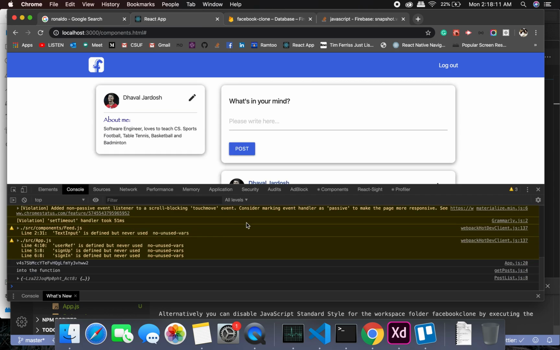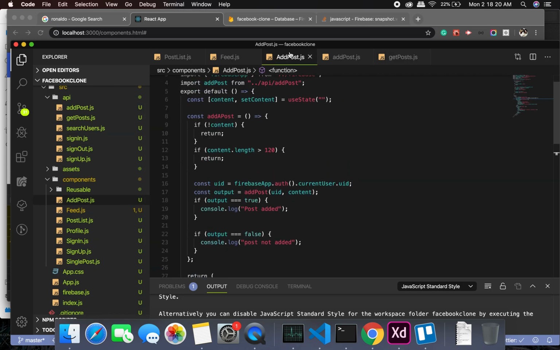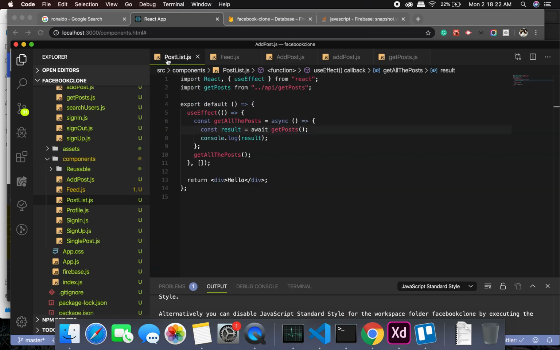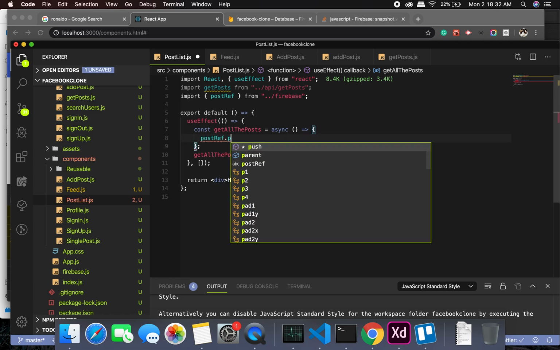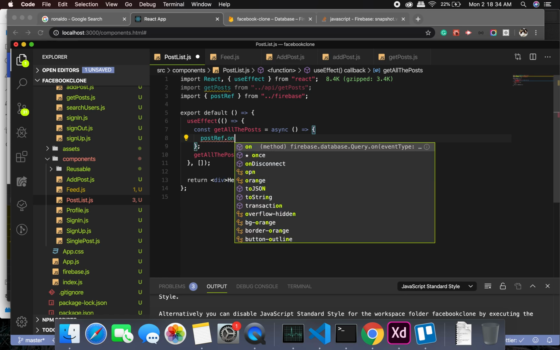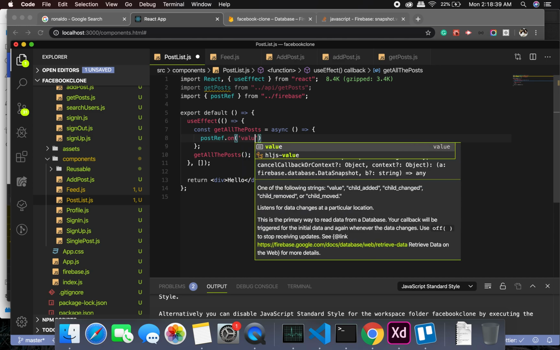If that is the case, we might have to think about it in a different way. So I think that we will have to directly add a Firebase call here, dot on. Something like this: postRef.on, value,